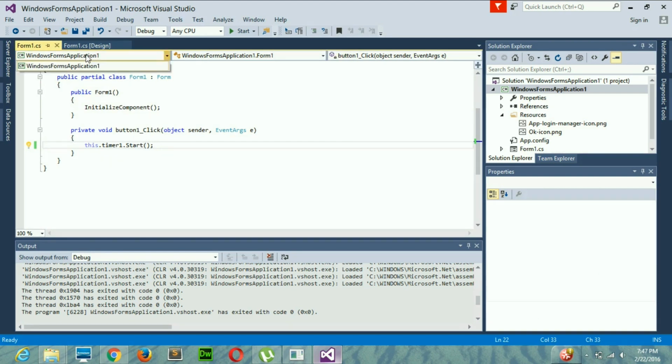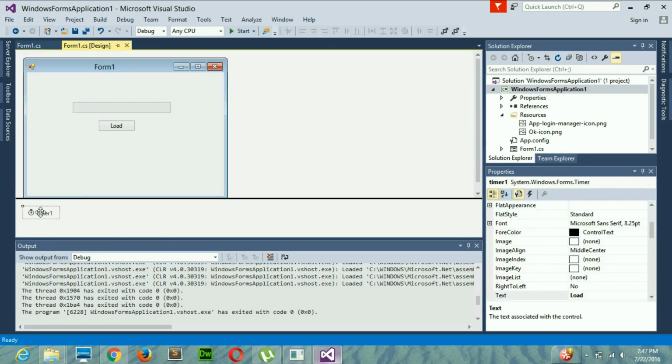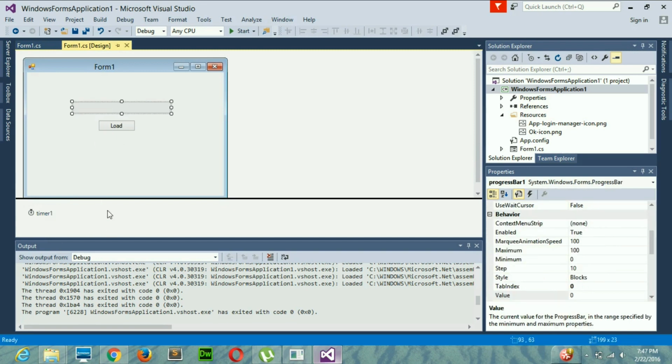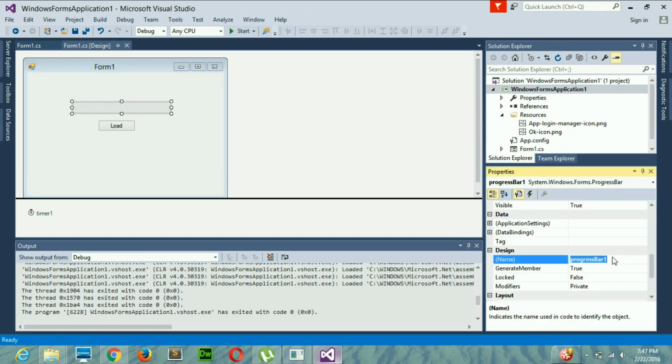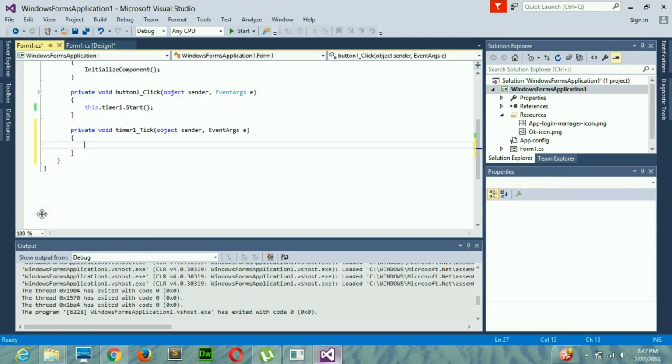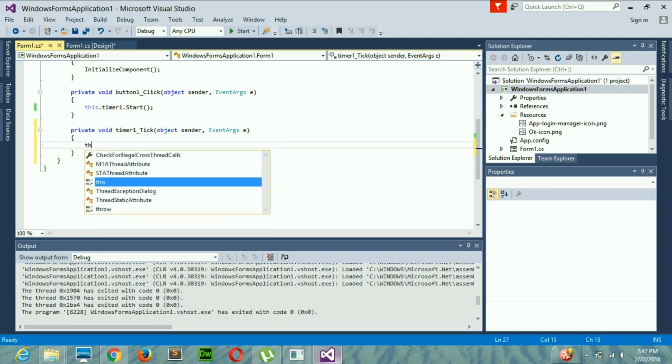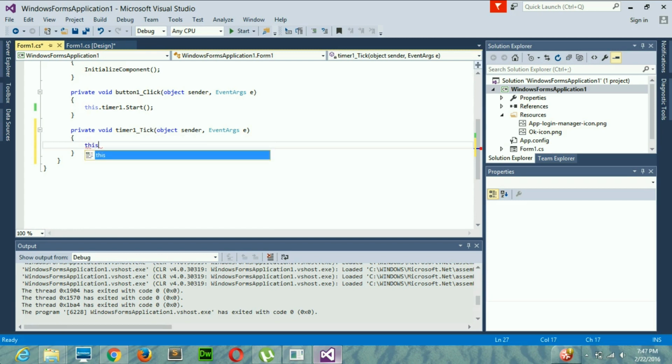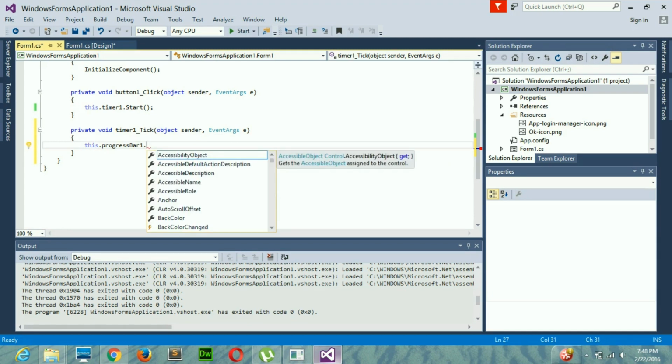Now I want this progress bar to start. For that purpose I will go and see the name of my progress bar, and that is progressBar1 in my case. So I will come to that timer and double click on it, and this is private void timer1, the event of the timer. Inside this I am going to write the name of my progress bar, that is progressBar1 dot